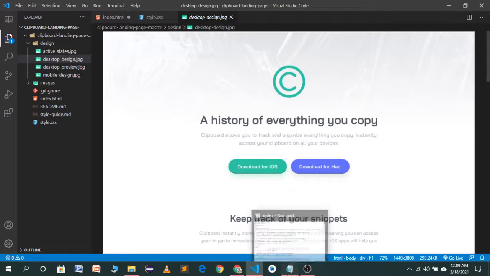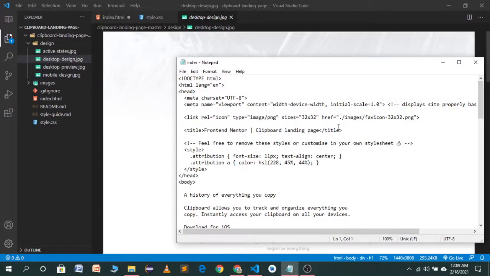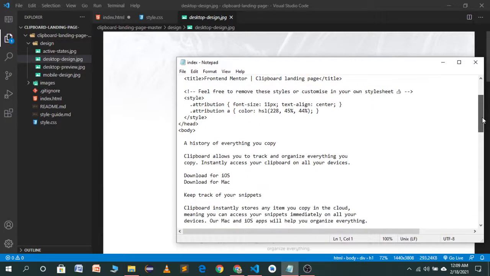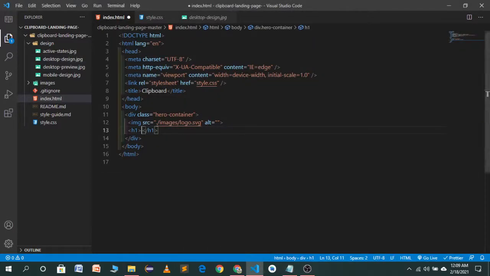I will copy the text for our heading. So here is our heading. I will copy this and paste it in our heading.